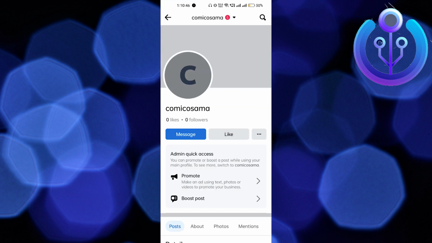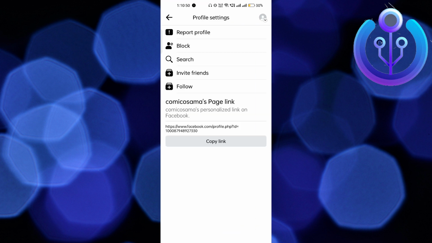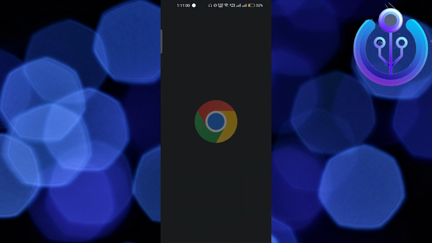So I want to share this page. Now click on the three dots, and it will load for a few seconds, and basically you can find the copy page link option here. So just click on copy link. The link has been copied, and after that just go to your Safari if you're using iOS,